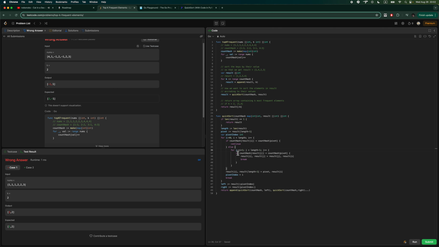Let's say it works. If the count value of this key is less than the count value of the pivot, we're gonna swap this value with this value. So result i, j is going to be equal to j and i. And then we're gonna break free from this loop, and then